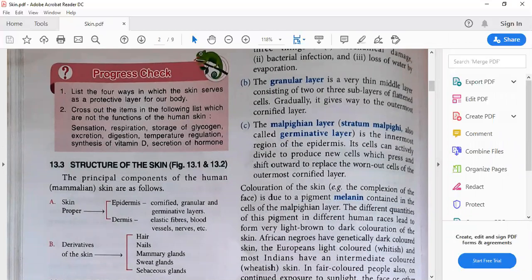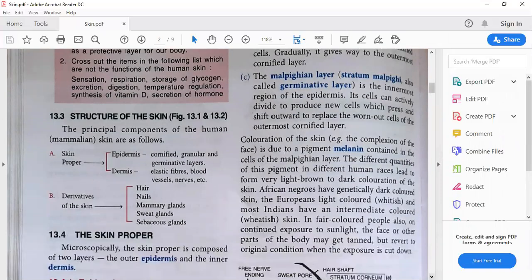Now, structure of the skin. There is the proper skin, मतलब the actual skin. It is divided into two parts. One is the outer epidermis and the second one is the dermis. Now, epidermis will be on the upper side and the dermis will be inside, along with blood vessels. मतलब जैसे देखो ना, कट होता है तो खून निकलता है. So basically dermis will have blood vessels and also nerves attached to it.